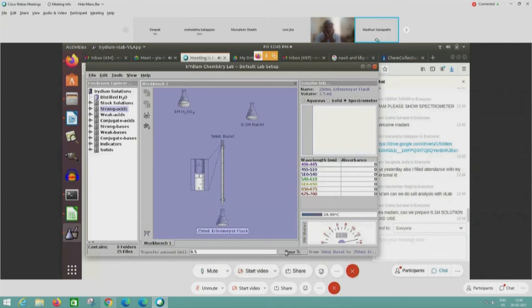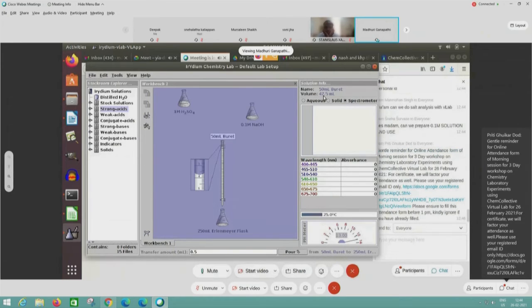The volume shown here is for the Erlenmeyer flask. When you click on the burette, we can see the volume has changed to 47.5. So what we have to do here is subtract from 50.